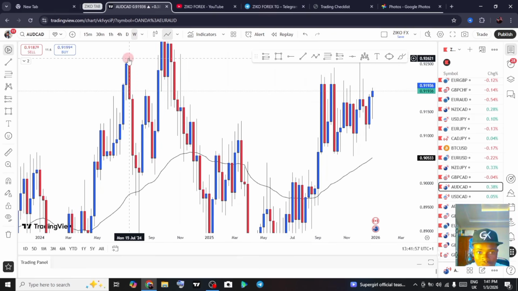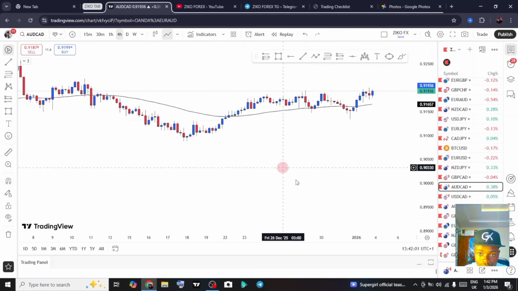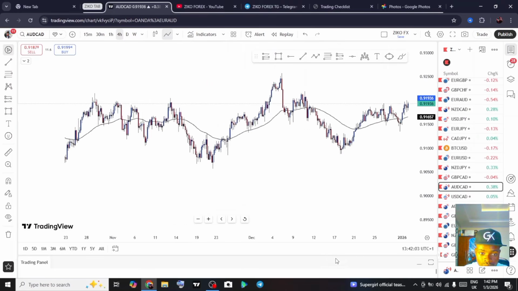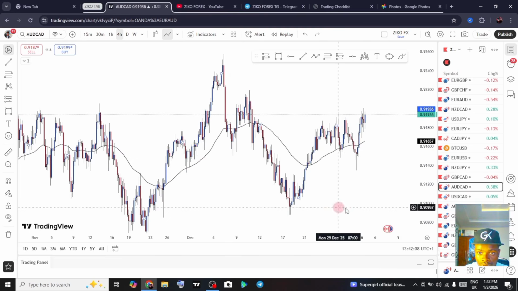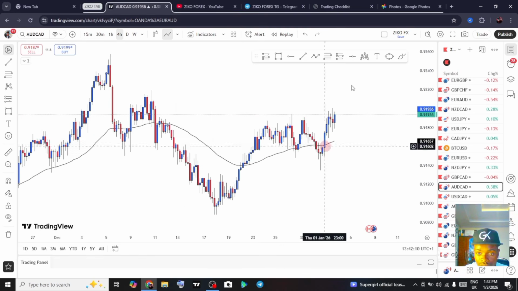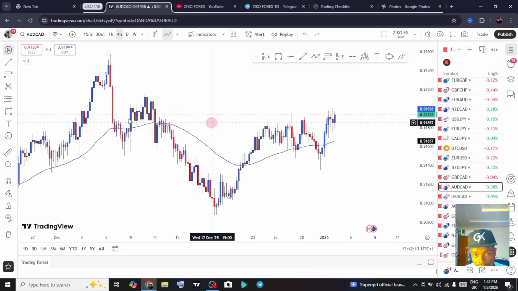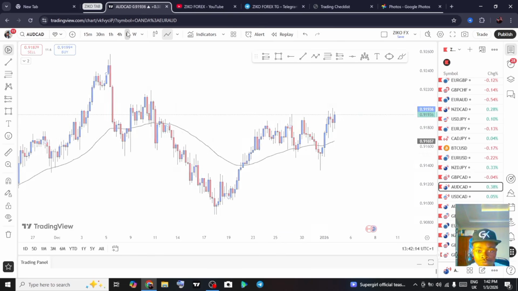So weekly time frame is tight, but it's still bullish. 4 hour time frame, 4 hour time frame is actually bullish, right? 4 hour time frame is actually bullish right now. So